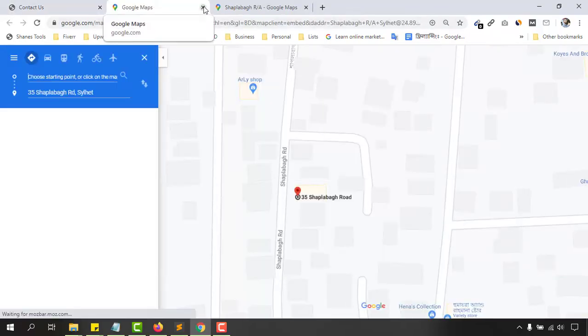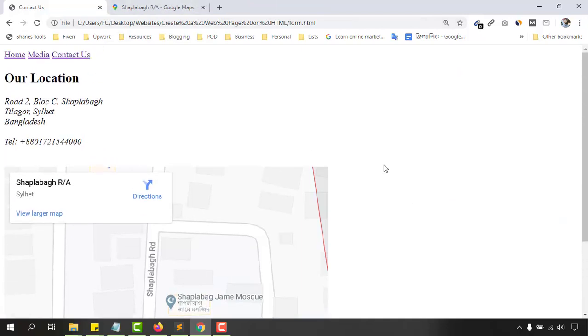So that was the process of adding a location through Google Map on your HTML website, and I believe